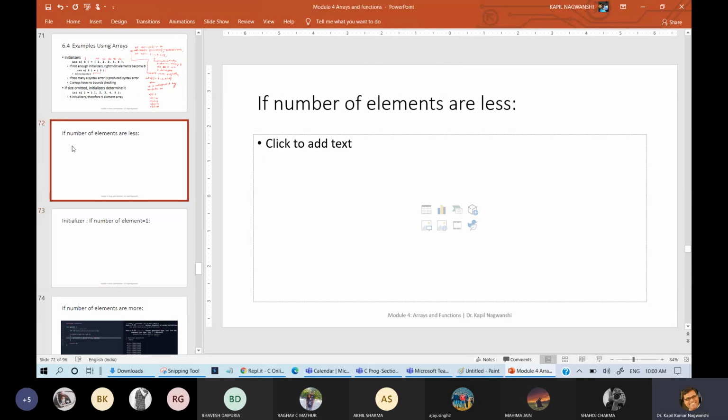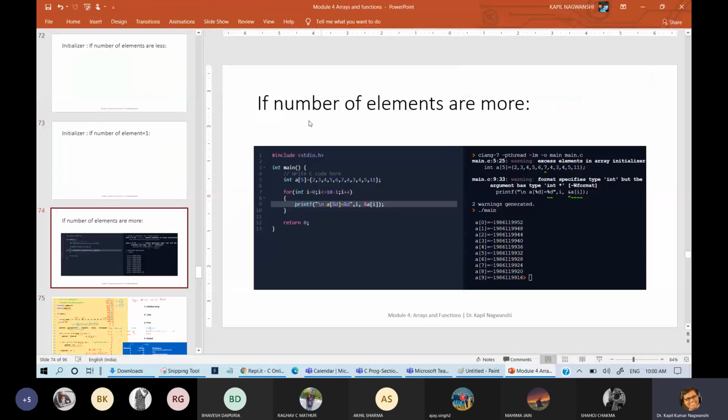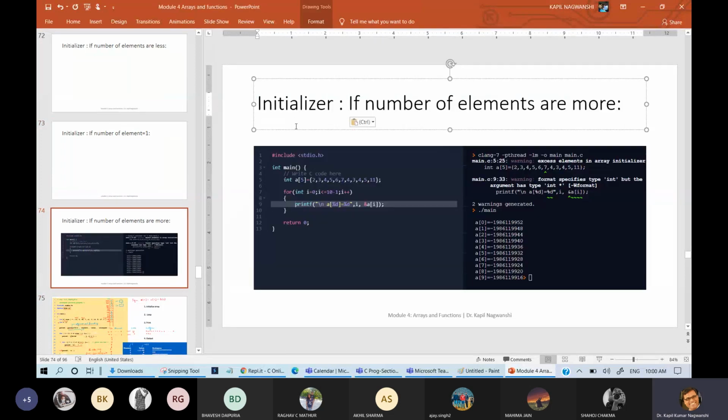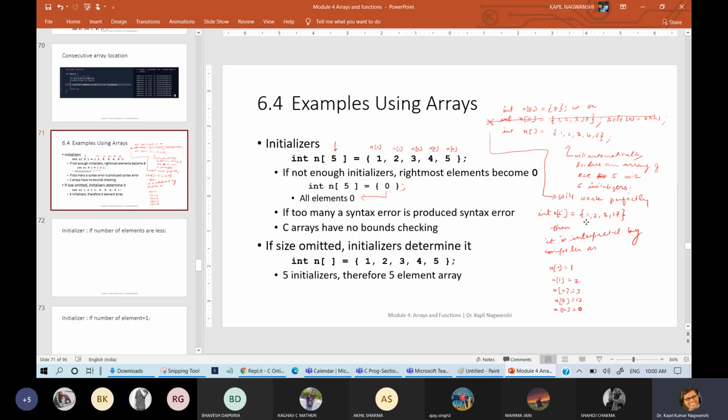If number of elements are less, fine, so that you can understand. And let us delete this. From here I need to delete the notations. There is no meaning of writing this notation now.